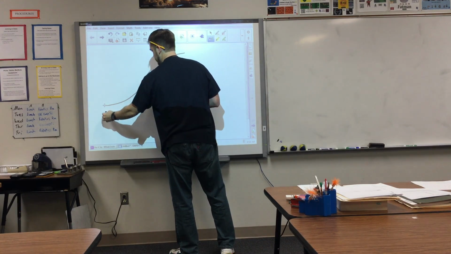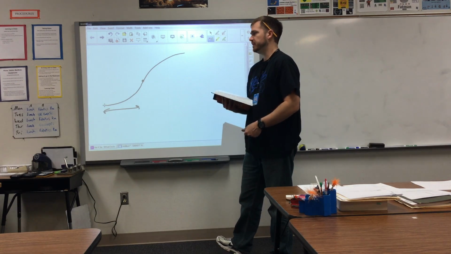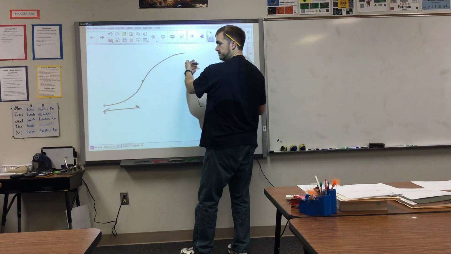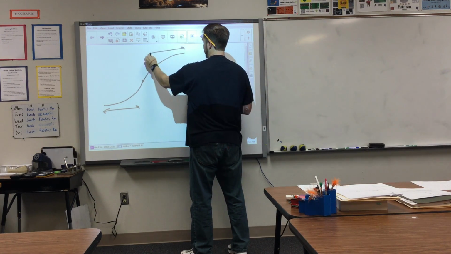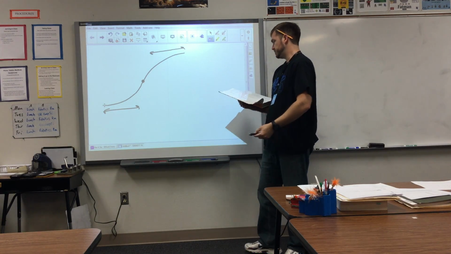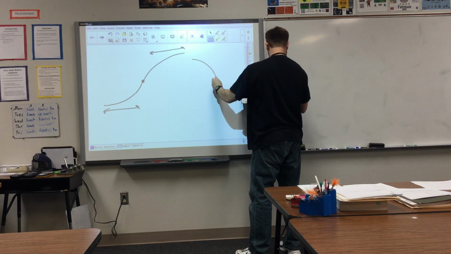How would you all define this region right here in terms of concavity? Yeah, it's concave up, and then over here, concave down, and this point right here we discussed was an inflection point. But then the next picture has something kind of like this,